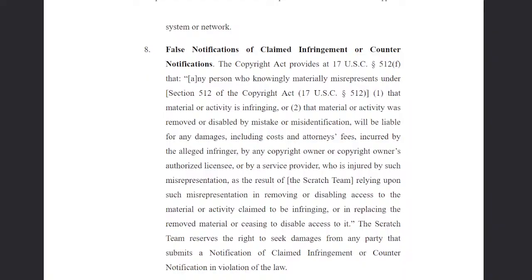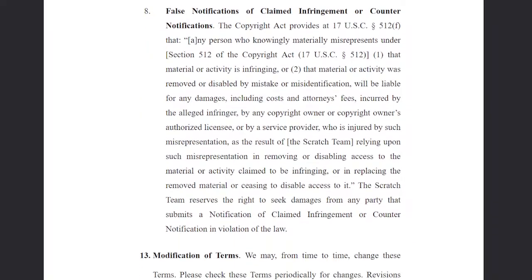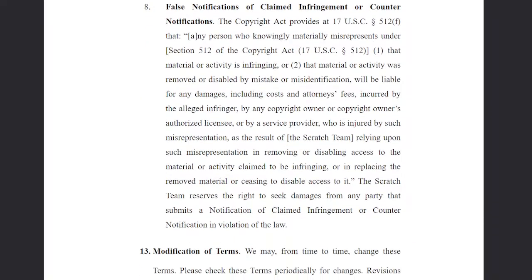False notifications of claimed infringement or counter notifications. The Copyright Act provides at 17 U.S.C. Section 512(f) that any person who knowingly materially misrepresents under Section 512 of the Copyright Act, 17 U.S.C. Section 512, 1. That material or activity is infringing, or 2. That material or activity was removed or disabled by mistake or misidentification, will be liable for any damages, including costs